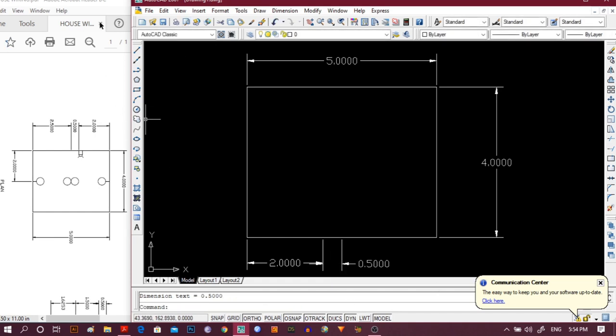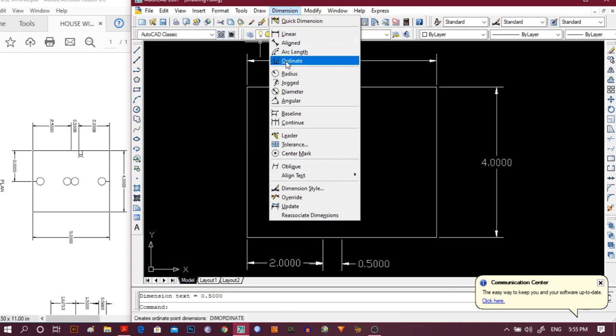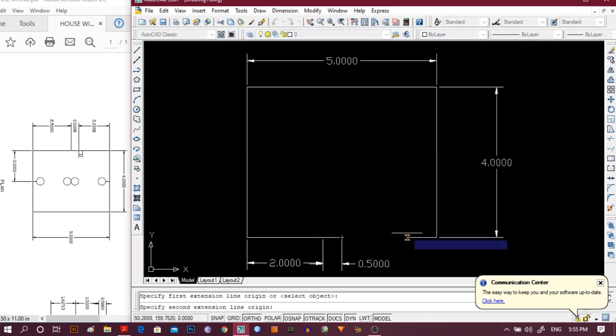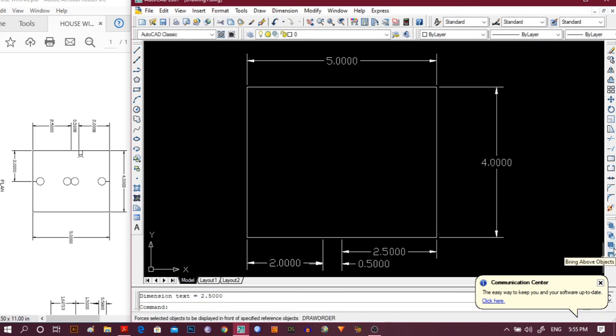Then the rest is 2.5 meter, so go to dimension again, take linear, and this should be 2.5 meter. Okay, done. So this is the door area.